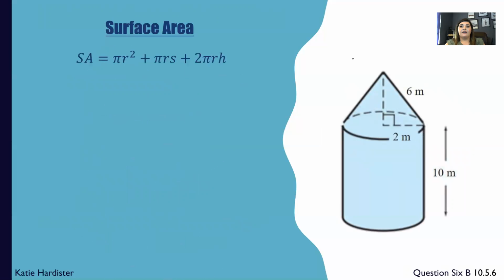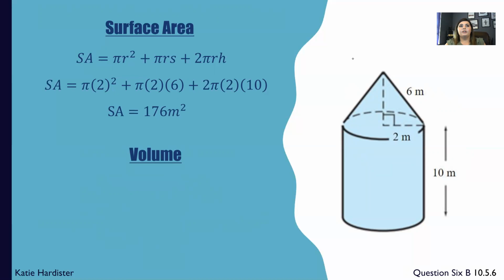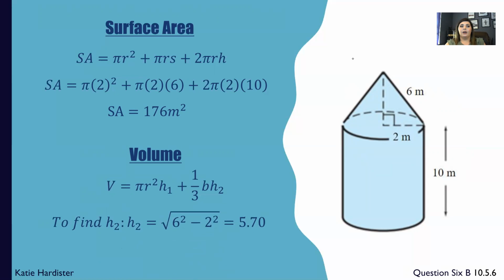The surface area for this cylinder, well, it's a cylinder cone. So all we would do is input the numbers again, and we would get 176 meters squared. For our volume, we have a little bit of a different formula here, and it looks really tricky, but I promise if you just take in the numbers and you just work step by step, then it's really easy to follow, and you would find that the volume is